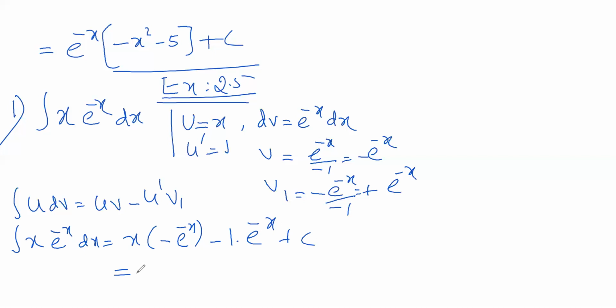So we'll write e power minus x common. Correct? Taking e power minus x outside, after taking e power minus x, we'll have minus x minus 1 plus c. Minus x minus 1 plus c. Right? And if you want, you can take this minus outside. Right? Okay, ma. Hope you got the same answer. Correct? Now coming to problem 2.